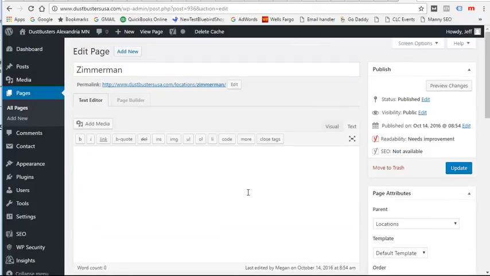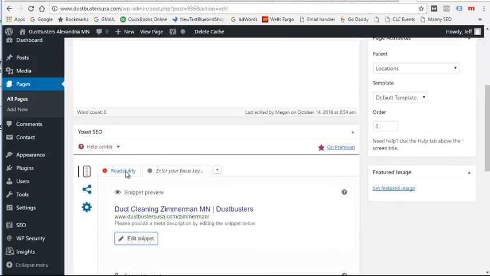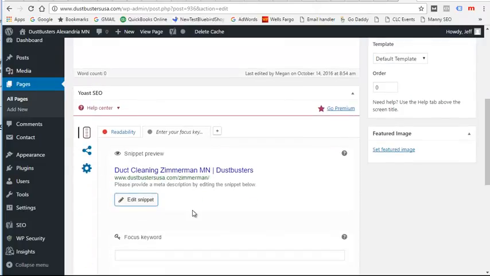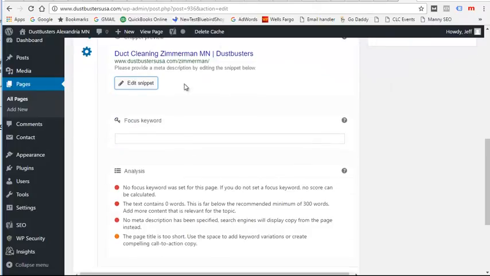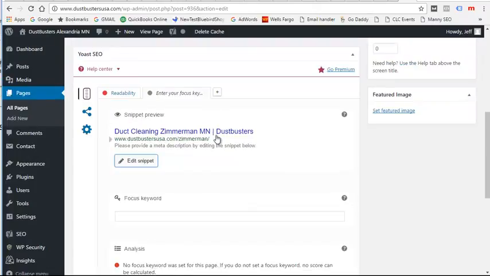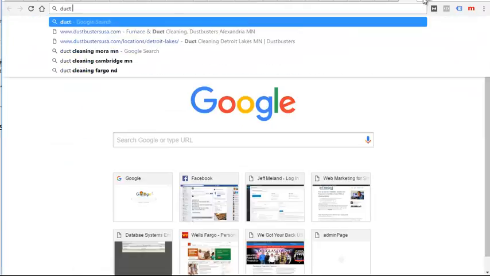Okay, so that's how to add it. We do want to do this whenever we create a new page. You probably won't be creating a lot of new pages, but we want this to be right, because this is how it looks on Google search. So it's important that this is right and has the right town in it. And I'm going to show you if I do duct cleaning